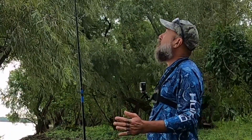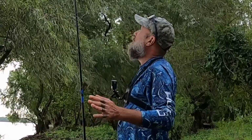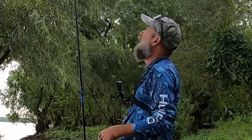We haven't had a massive cold front like I said earlier, so we're going to still have a lot of gafftop. This is a deeper hole that we're fishing. There will be gafftop coming out of it, but it's more likely that we'll also bang into some freshwater cats, because this area is going to hold more fresh water and a water temperature that blue cats and channel cats, especially blue cats in my thinking here, are going to like in this deeper water right now. I don't mean that they're going to be in the deepest part of this hole, but they'll be somewhere